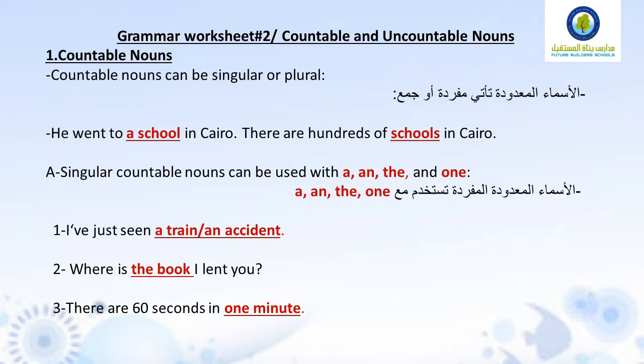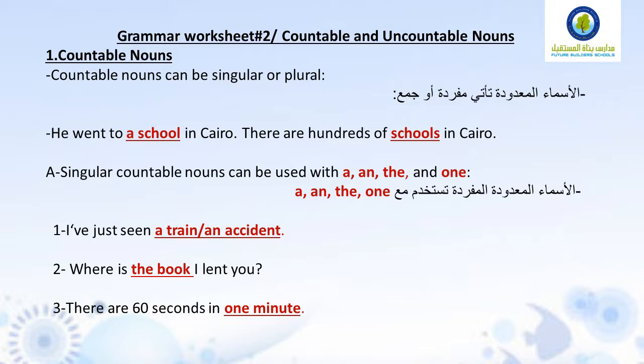Now, look at these examples. I've just seen a train, or I've just seen an accident. Look, here we have a train. Is it countable? Can we say trains? Can we count 1 train, 2 trains, 3 trains? Yes, because train is a countable noun. Now, accident. Can we count accident, accidents? Yes, so it's a countable noun. Now, if you want to identify them, you can say a train and, because accident starts with a vowel,